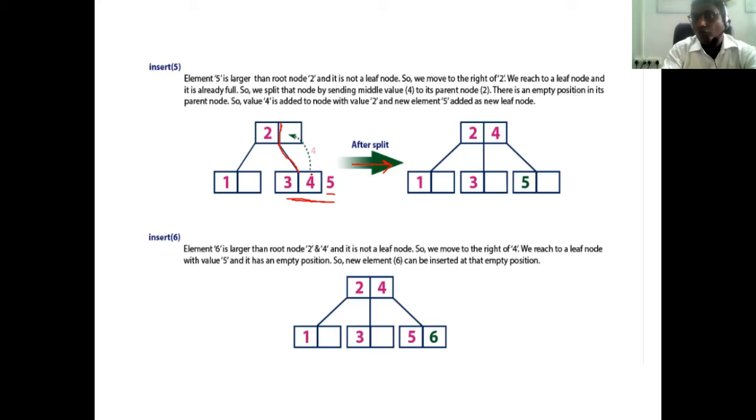Now we have to split it. The 4, where will we shift it? We will shift it to the root, because already one location is empty. One field is there. We can store the 4. So we have to move 4 to the root node. So we shared 4 with the root, stored it in the root. After that, before 4 there is a value 3. It means that 3 is in between 2 and 4. So we have split the nodes. One node we have created, that is 3 will be stored here and 5 will be stored in the newly created node. So likewise we have to split the node.